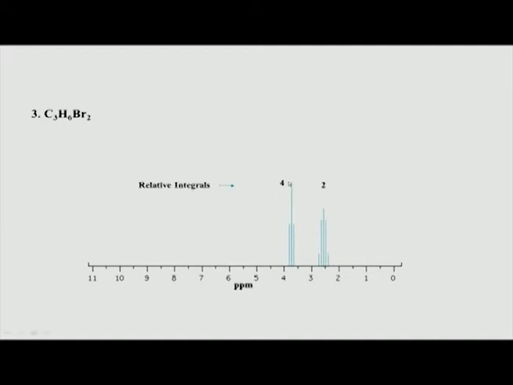So, probably what is happening here is that there is a hydrogen which is attached to a carbon and which is attached to a bromine. So, basically what it means is that this particular peak is probably coming from the proton which is attached to a bromine, this hydrogen. So, now we have 4 hydrogens like this. 4 hydrogens basically means that we have a CH2Br, this whole thing 2 times.